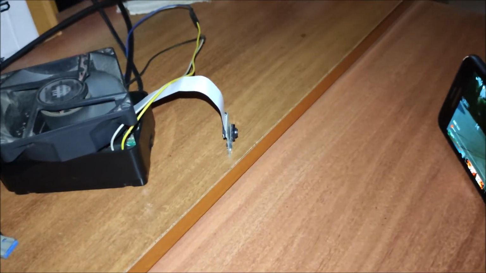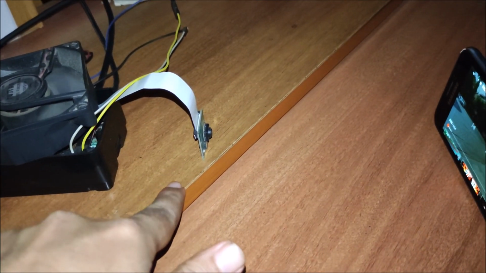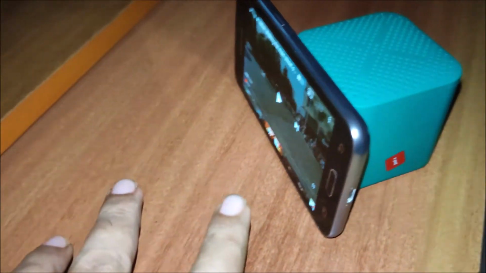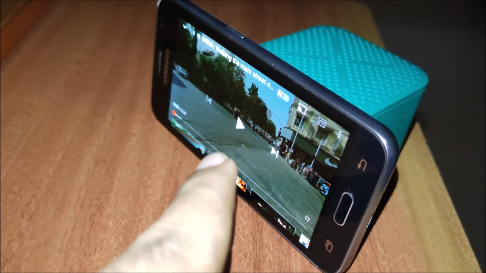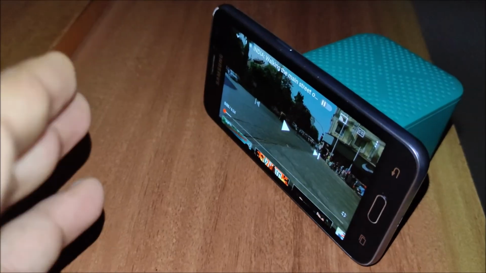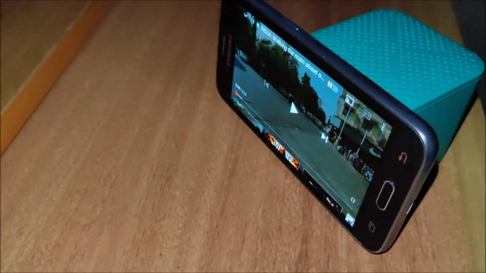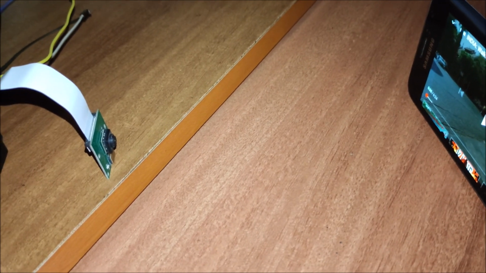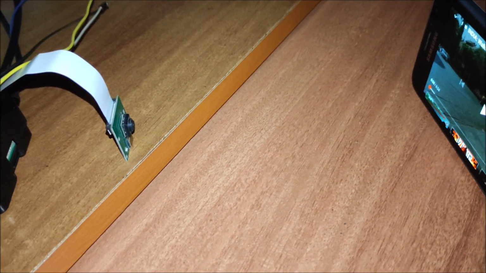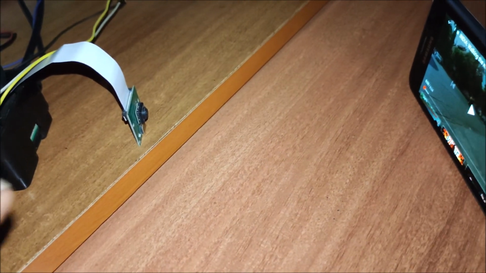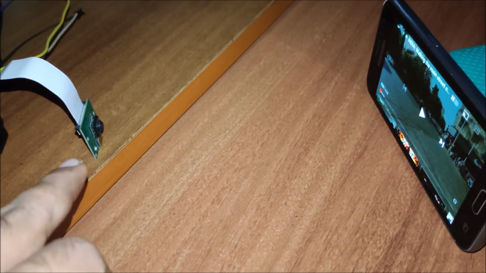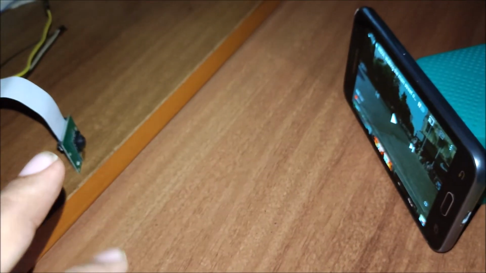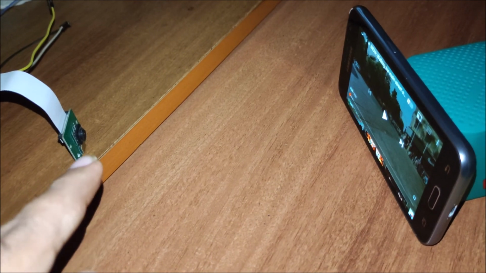So friends, as you can see, this is our Raspberry Pi 4 camera, and in front of the camera I have set the mobile, and inside that mobile there is a video clip of traffic, and inside that video clip we have normal objects like people, car, bicycle, and the motorcycle also. With the help of TensorFlow Lite, it will detect the objects live using the Raspberry Pi 4 camera module and our video clip. So now we are going to start our script, and the Raspberry Pi 4 will detect the objects.